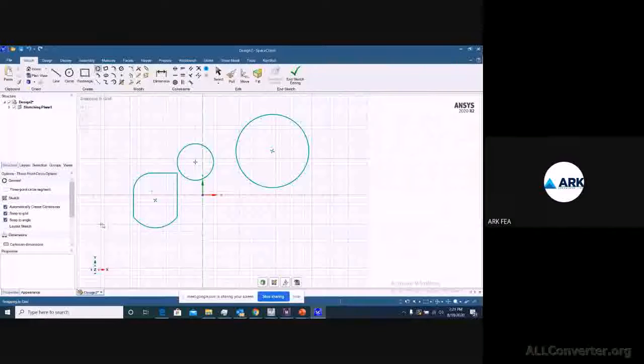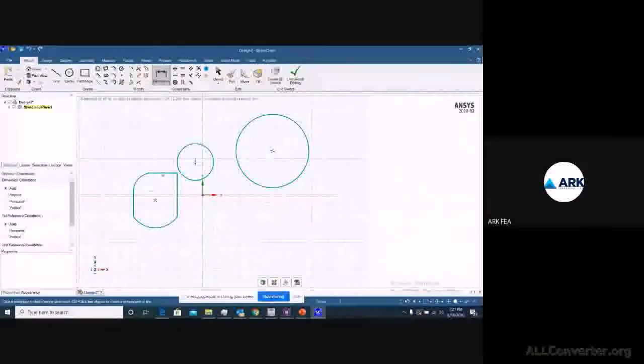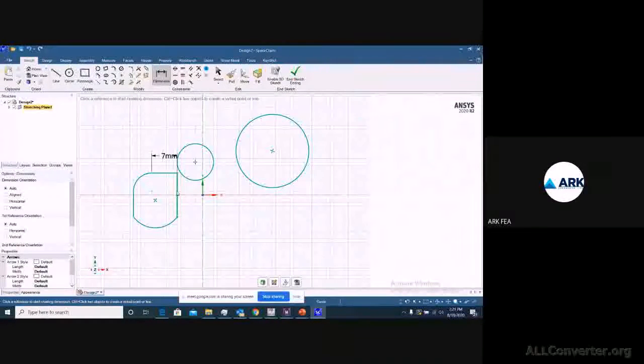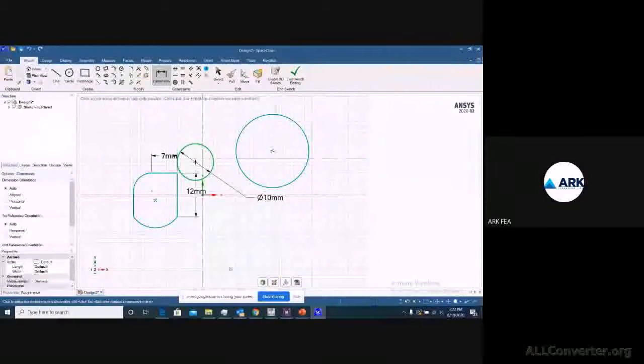So this is the 3 point circle. So I don't think I'll have to explain too much in detail here. And these are your dimension tools, with which you can create your dimension. Just select the edge of that and just drag it. You'll be able to get the dimension of it.